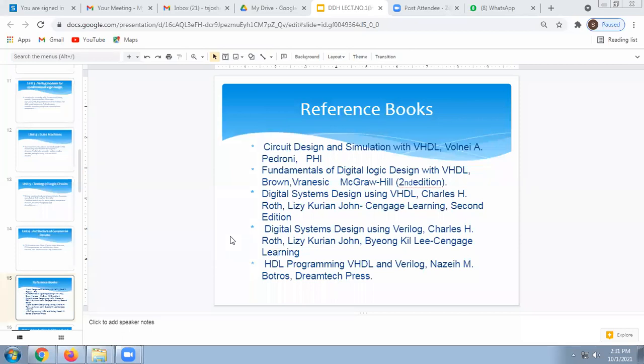These books will give you complete information about VHDL and serve as a companion in your journey to learn VHDL. So shall I ask some questions?